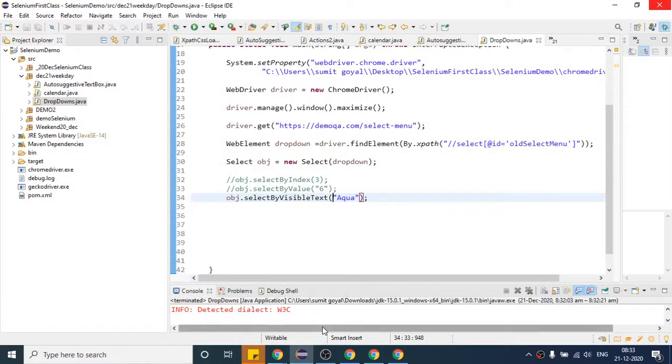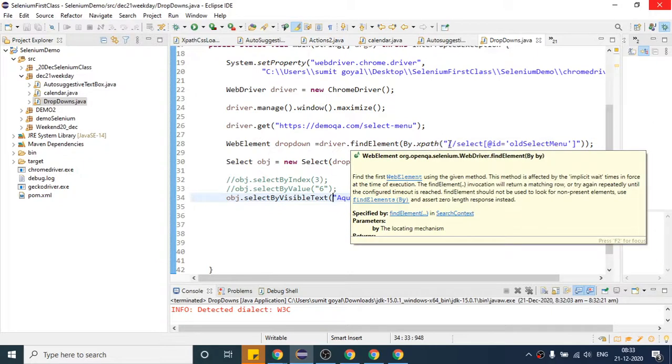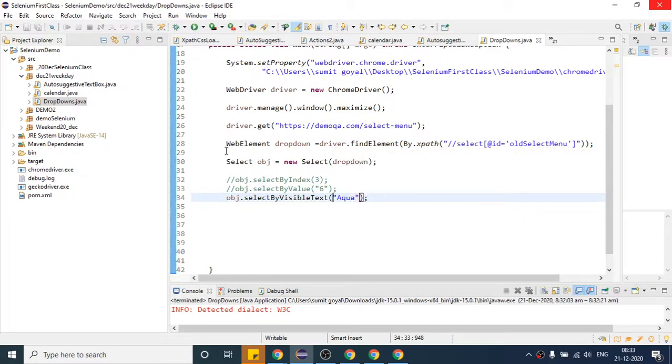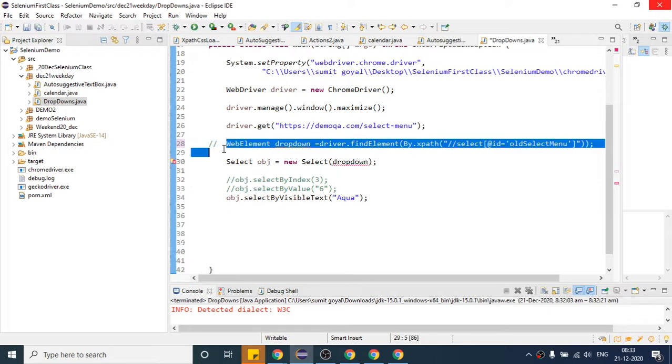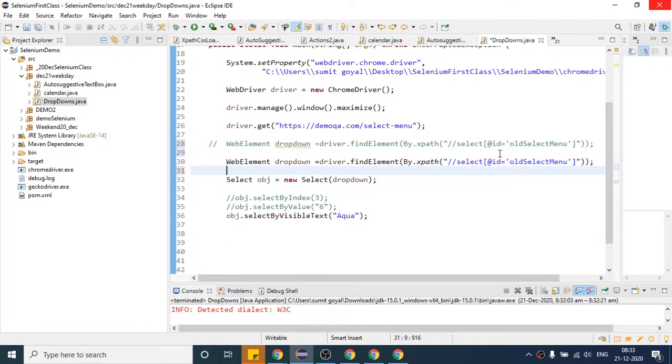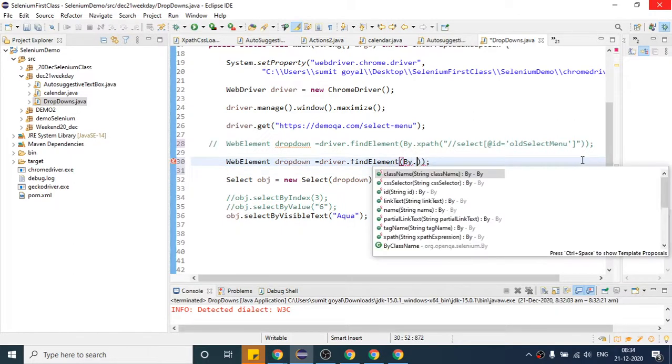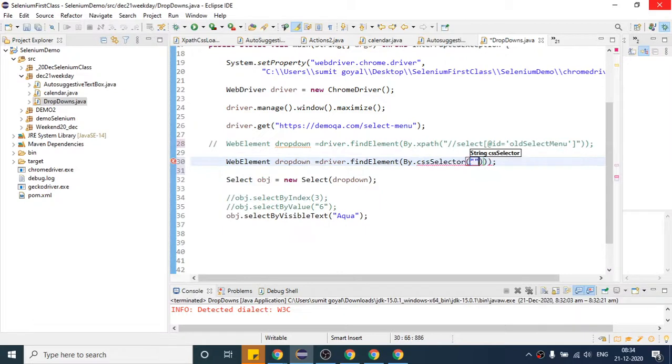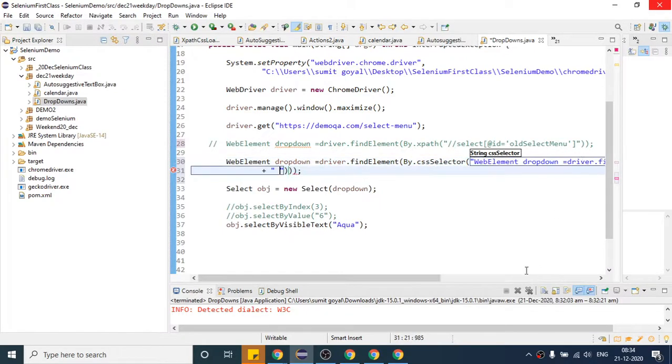So copy this CSS. What is the CSS? This is the CSS. So comment this, copy this, paste it, and this time I will use By.cssSelector.